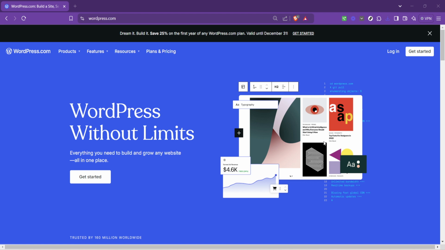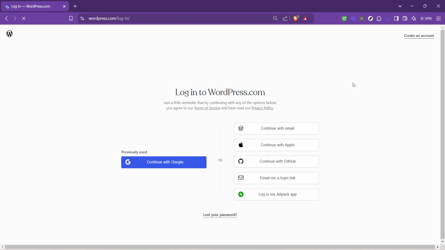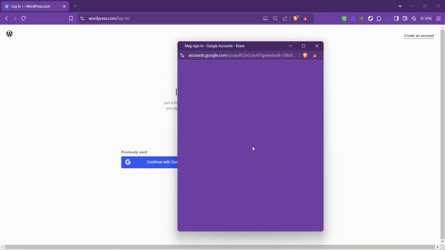Look for the login button. It's usually prominently displayed, so click on that to proceed. Are you using Google as your primary email service? If so, WordPress has made it extremely convenient for you. Upon clicking login, you'll see an option to continue with Google. Selecting this option simplifies the process by linking your Google account directly with WordPress, eliminating the need for additional usernames